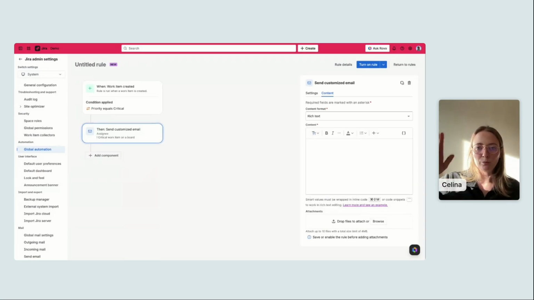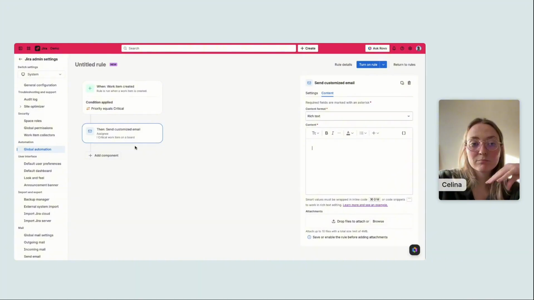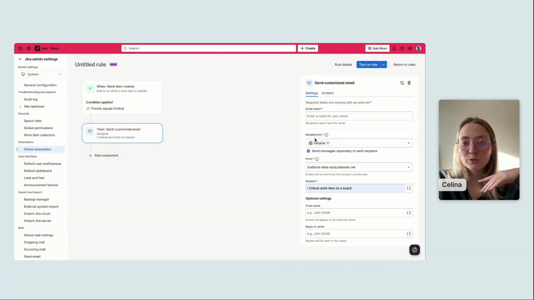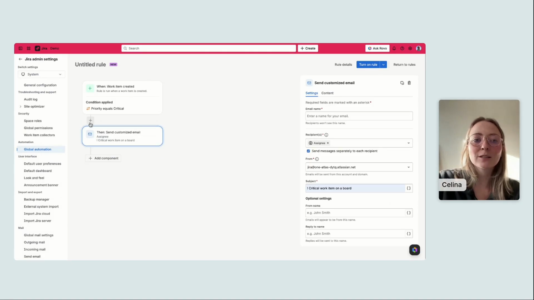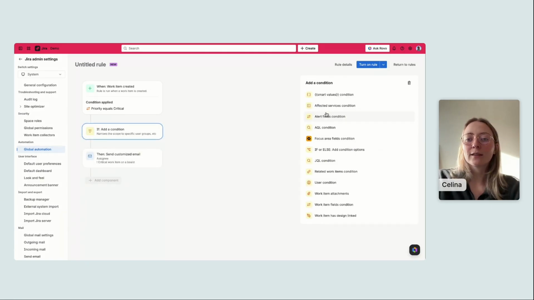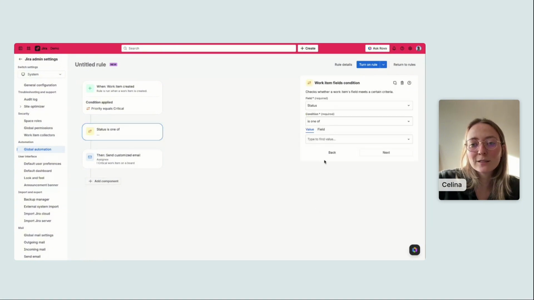So here you can put whatever you need, but we chose recipient as assignee, and we need to make sure that this assignee is actually there, because if we don't have an assignee, it won't work. So let's put here an if condition. And once again, work item fields condition, we've already done that. Assignee